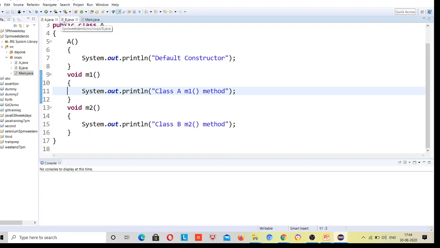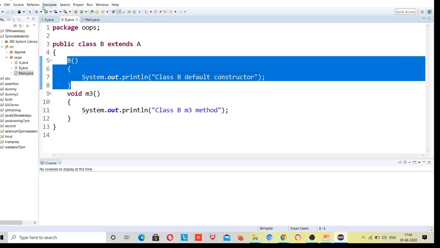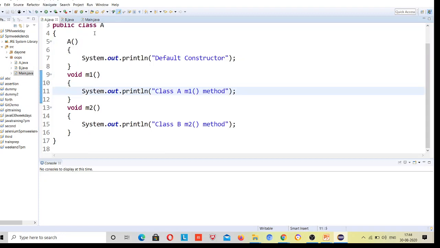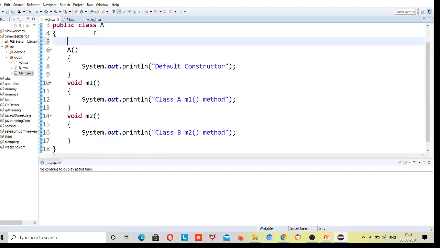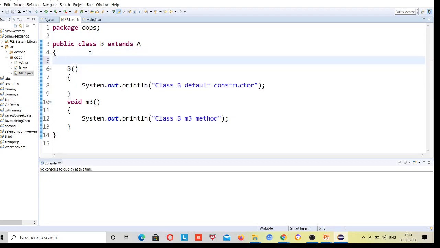If you perform inheritance, methods will come, and values too. Suppose I define a variable int a is equal to 5, right? This variable will come inside this class, because inheritance says properties and behaviors.